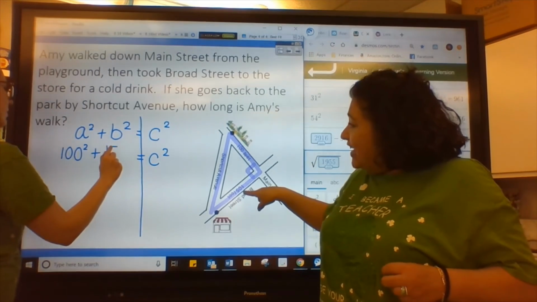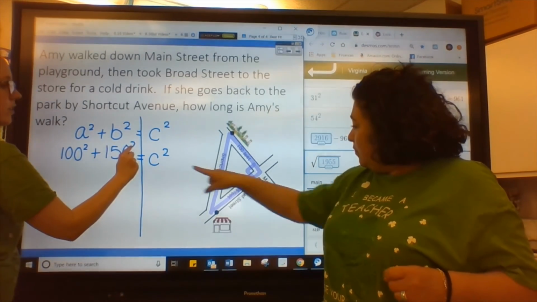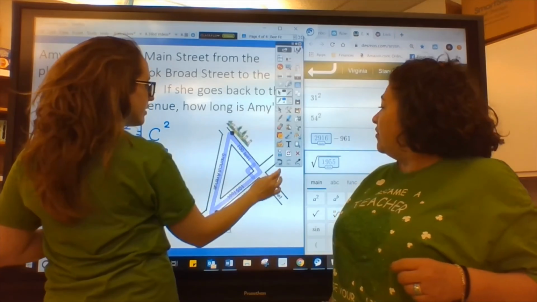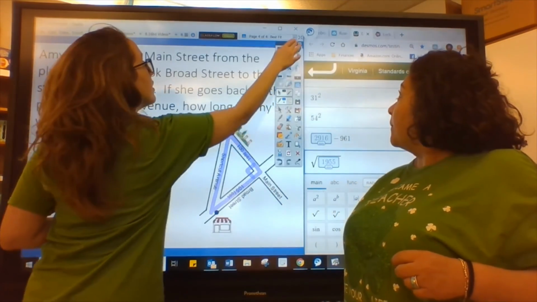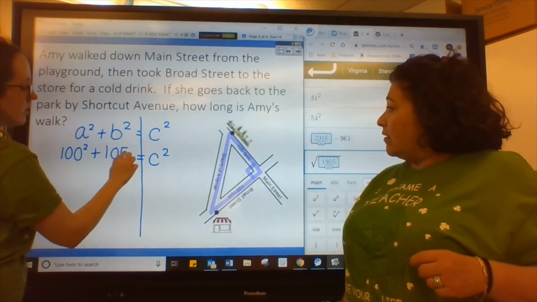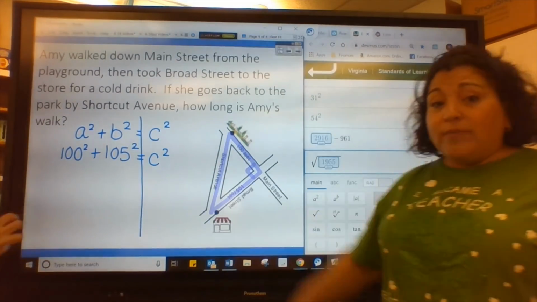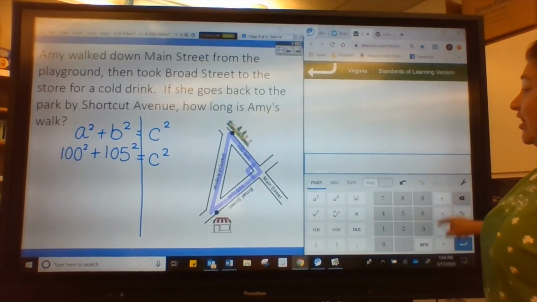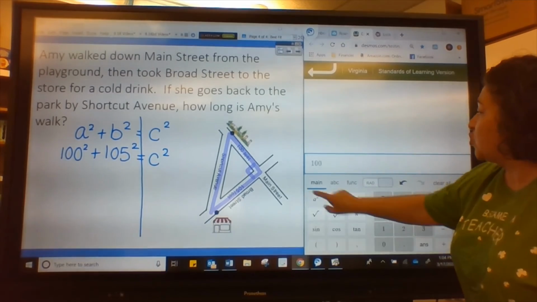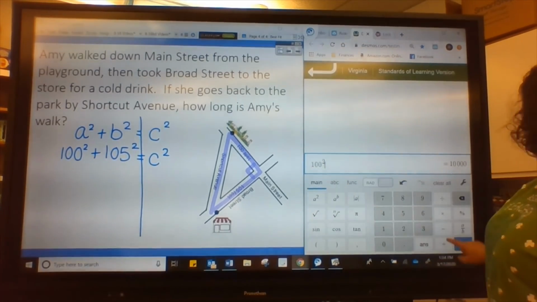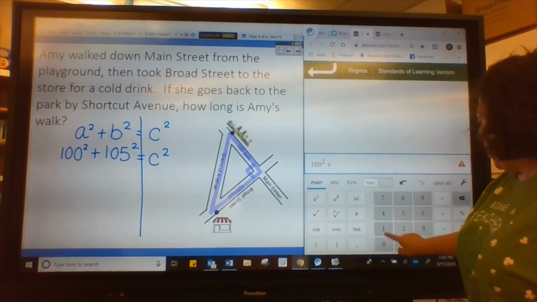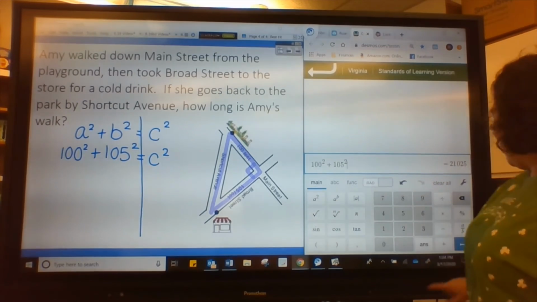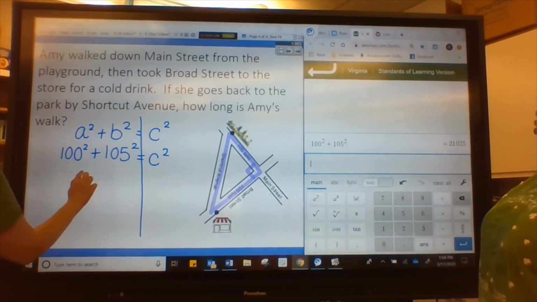The second leg is 105. So we're going to plug those into our formula and use our calculator: 100 squared plus 105 squared equals